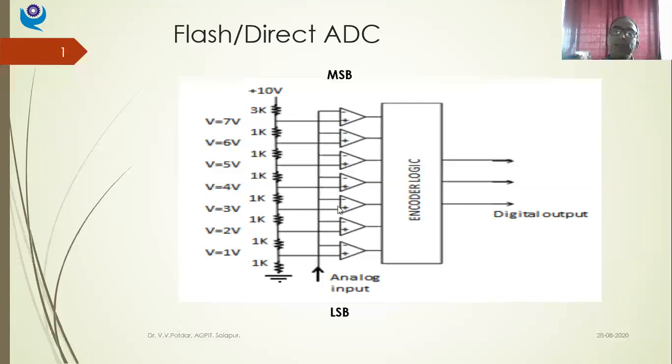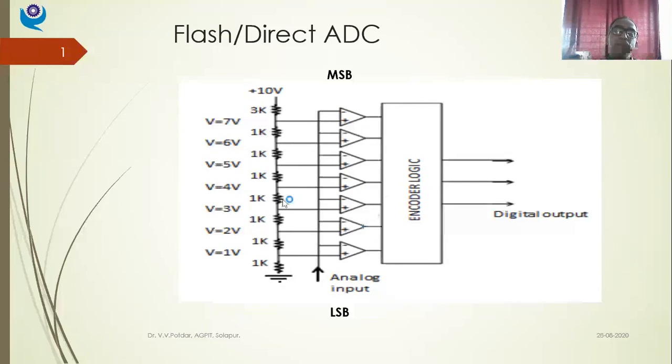So once again it will be compared here. 2.5 volt is less than 3 volt. So if it is equal to or more than the input voltage, then there will be yes or on. If it is less than the stipulated voltage, it will be off, or no, or 0. So up to the first and second steps, in this case of 2.5 volt, I'll be having yes, yes, or 1, 1. And thereafter all these will be 0, 0, 0, 0.